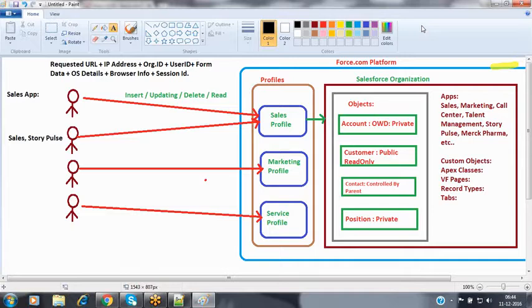So always we have to keep it generic. Instead of making multiple copies, we maintain only one profile, and we grant the additional accesses based on the requirement with the help of the permission set. Now we can grant the visibility of only these particular applications to these users.